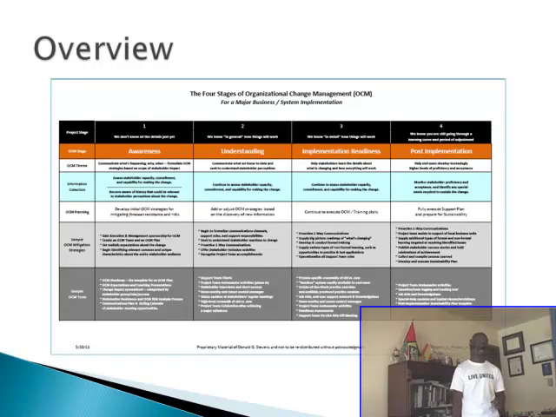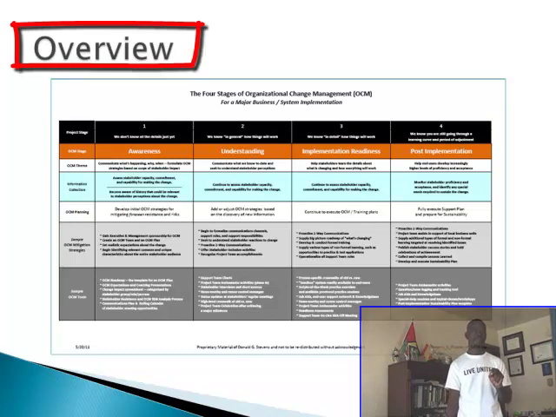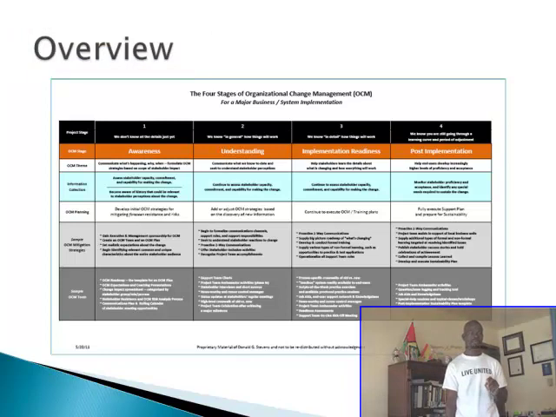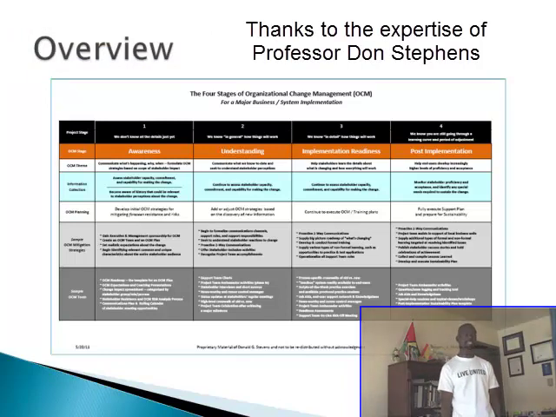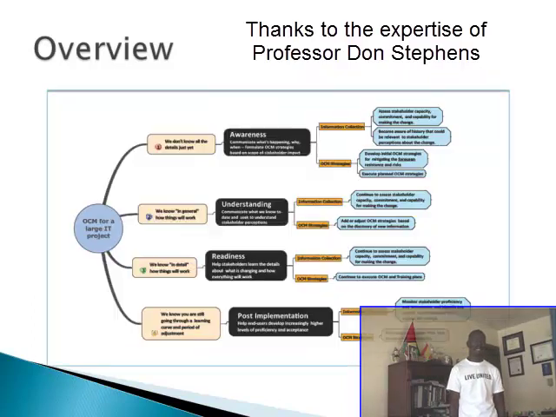One of the key things that I gathered from this particular course is the overview of an OCM process. That overview is what we're looking at here, and it's divided into 4 stages: a stage of awareness, a stage of understanding, a stage for implementation, and then a stage for readiness. The process is defined here in a table format, and another way of displaying this process is in